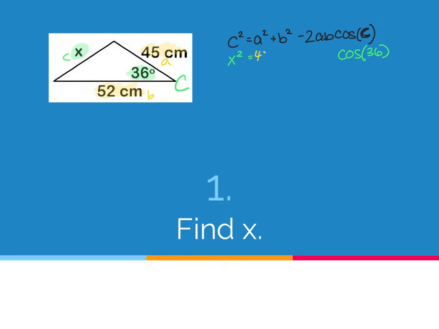So 45 squared plus 52 squared minus 2 times 45 times 52. Now we can put all of this into our calculator, and you get x squared equals, so type that whole thing in, 45 squared plus 52 squared minus 2 times 45 times 52 times the cosine of 36, and you get